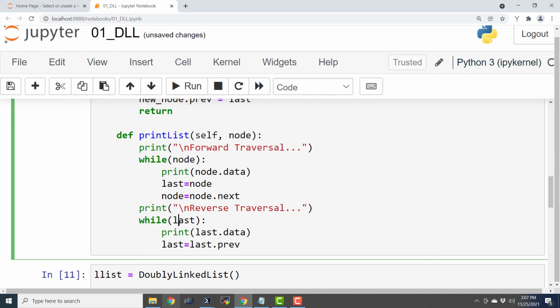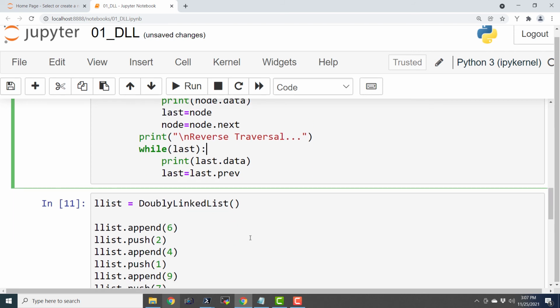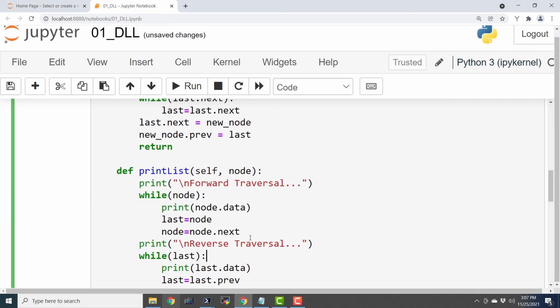Then we use that last variable here, print last.data, and last.prev is going to take us in the previous direction, or the reverse direction. So this is a very simple program for printing the elements of a doubly linked list in forward as well as reverse direction.